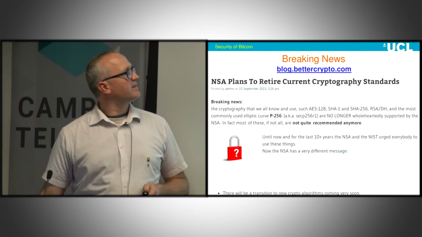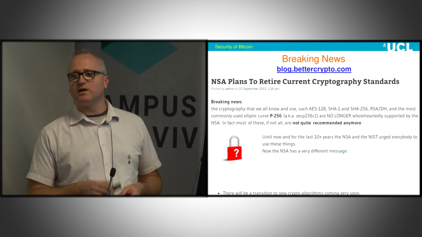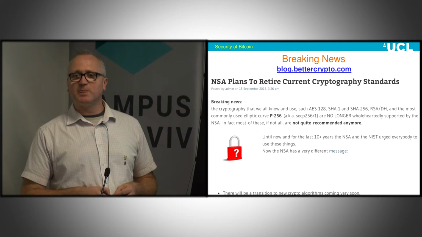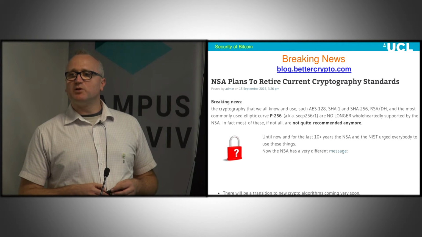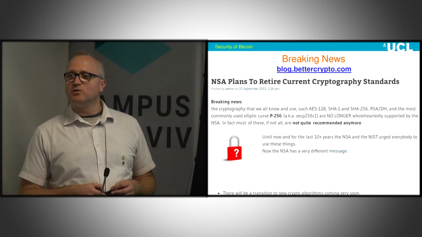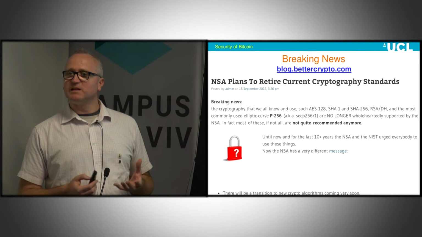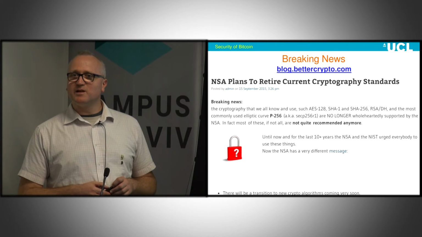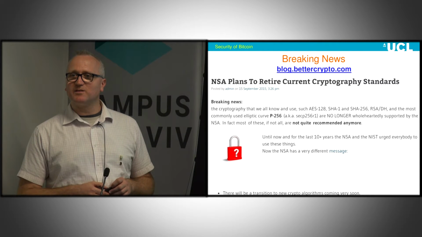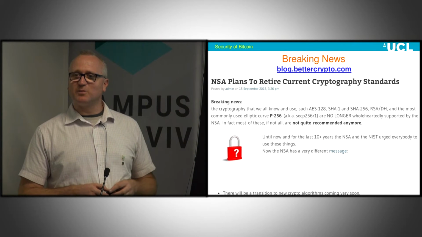If you want to learn more, I put some links on my blog, so you can find links directly on the NSA website. They essentially say that very soon the NSA is going to publish new cryptography standards, and the current ones are not good. Nobody knows exactly how to interpret this, but it seems like almost all existing cryptography standards. And yet the Bitcoin elliptic curve is very far from these standards. The elliptic curve cryptography is very remote from even those that the NSA does not approve anymore.